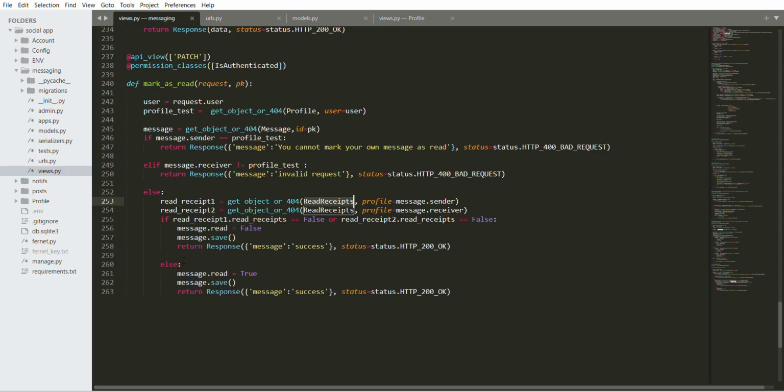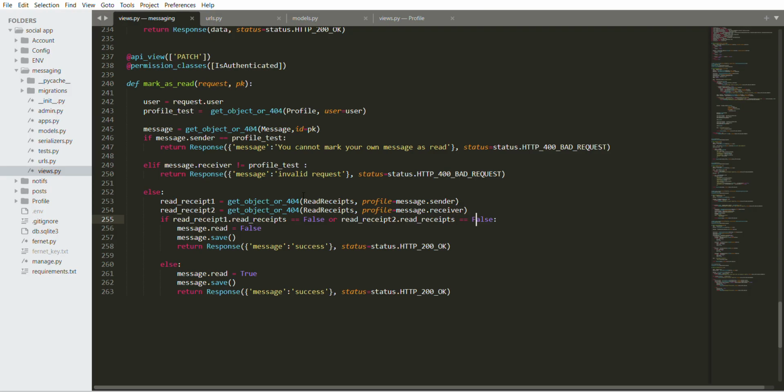But in a situation where both of them are true, that means this is true and this is true, the message read should be true. So if this is false and this is true, we'll still come here and message.read equals false.